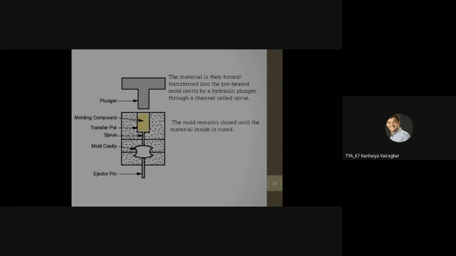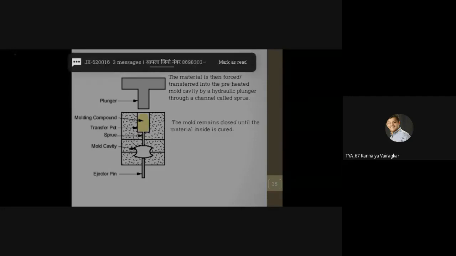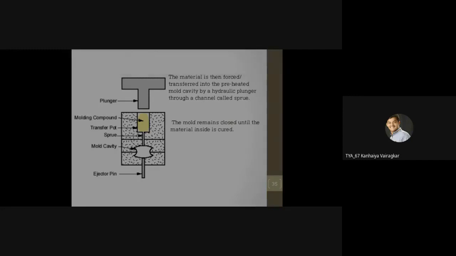A simple induction coil can heat the material. You can wind the induction coil around the transfer pot, it will heat the material, not an issue. That heated material is kept in the transfer pot, and the mold remains closed until the material enters and gets cured.